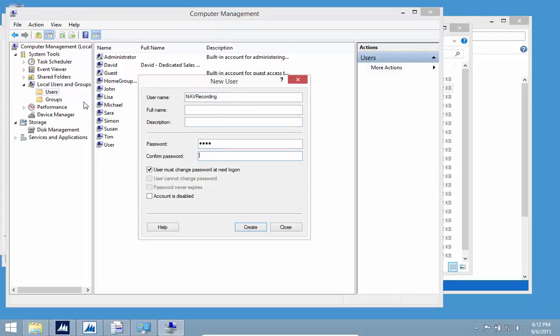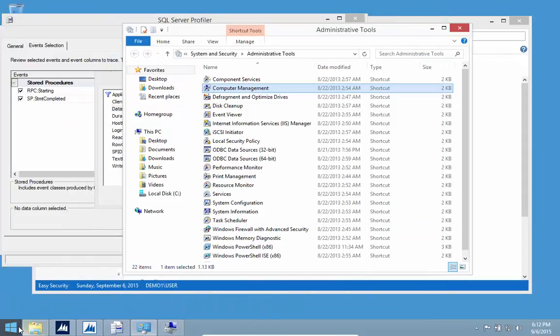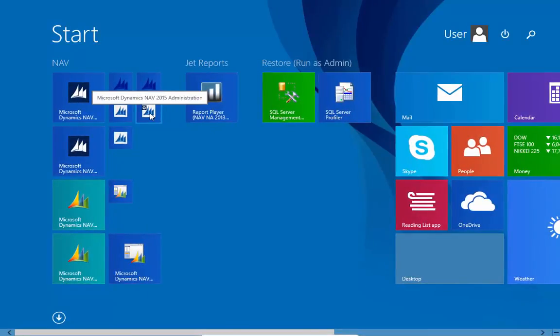I'll just add a password down here, and I will say the password never expires, because otherwise it works fine for a while and suddenly one day the password expires. So I now have my new NAV Recording user in here. I will bring up my NAV administration tool,